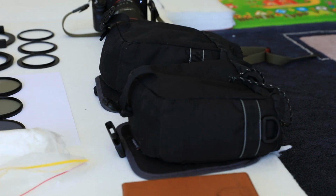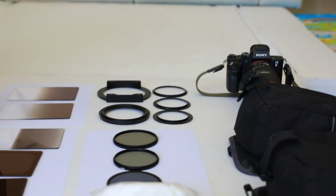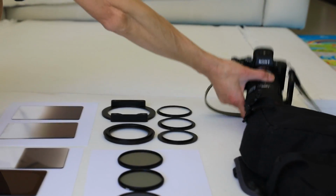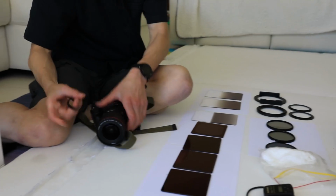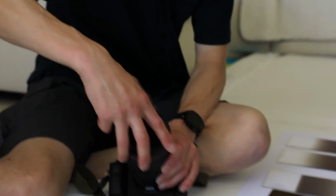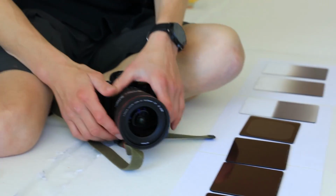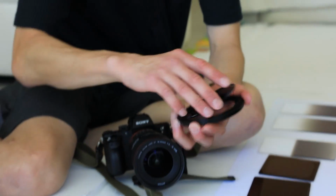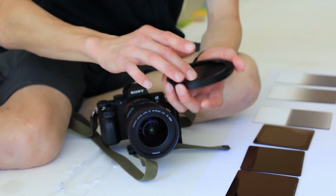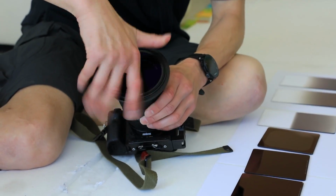Now you might wonder how easy it is to put all the stuff on. So if I'm about to rush on for a sunset and I'm eager to get stuff on, I'll just do it in real time without a rush. So the first thing I would do is pick the 77mm to put on the 16-35, screw that on. If I'm using the 24-70, there's no need for that step. The next thing, the landscape polarizer usually lives on this adapter ring for me anyway, so this step here is not really needed, but as you can see it goes on pretty quickly, and then you screw this on